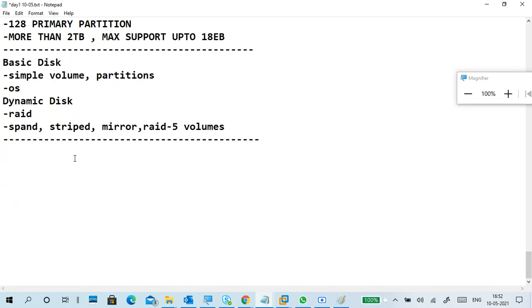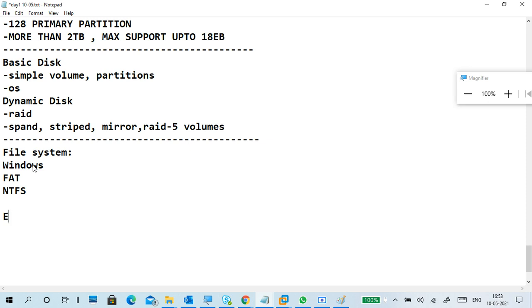Tell me whatever we discussed till now. Okay, yeah, file systems. In Windows we use file systems FAT and NTFS. These two are the main file systems.